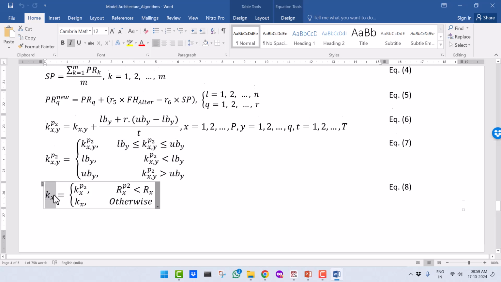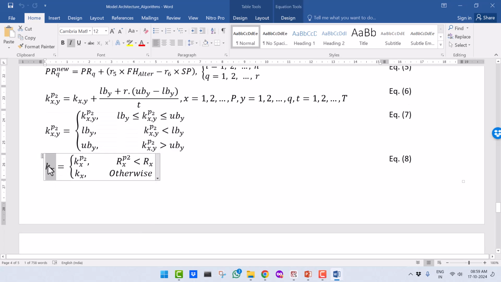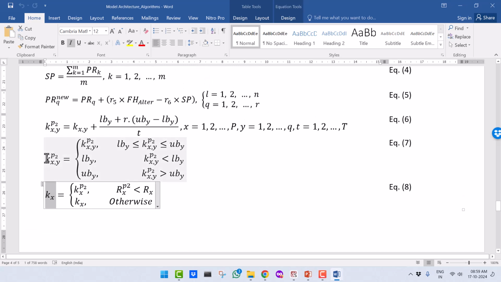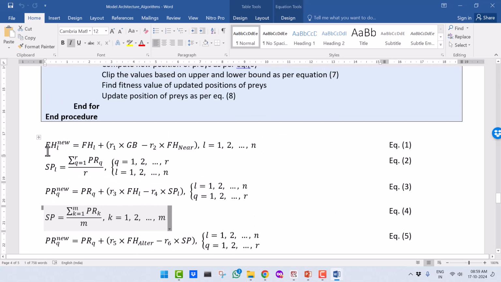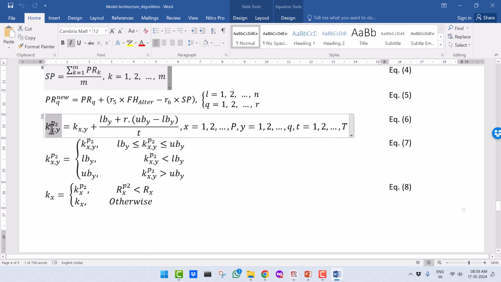And finally, which K we have to select, whether the original one or the new one. Here the terminology is just a different variable used. Actually this is the prey position. What we were calling PR here, the prey position, is the same as K here, but as in Osprey we are using a different convention. So now how are we updating the prey position? We consider Kx, the position of the xth prey, and KXP2, the newly computed